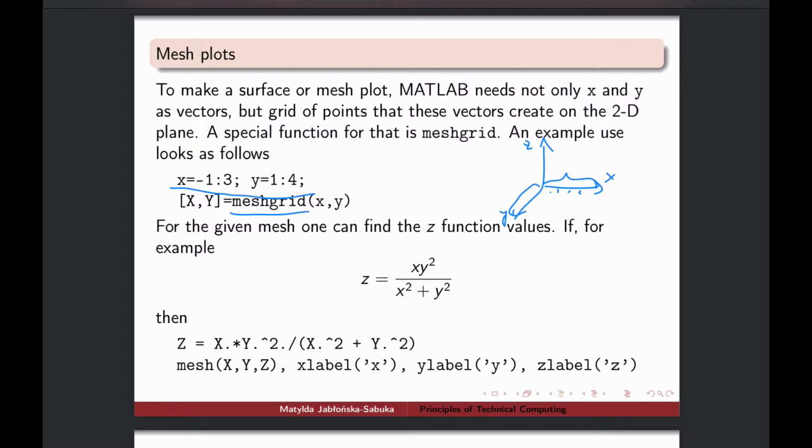So for instance, for x equal -1, it will create pairs of points: (-1, 1), (-1, 2), (-1, 3), (-1, 4). Then it goes to the next value of x, which is 0, and it will be (0, 1), (0, 2), (0, 3), (0, 4), and so on. So basically, this meshgrid command changes x and y into matrices which create those pairwise combinations of the points, so that our whole xy surface now has a set of points